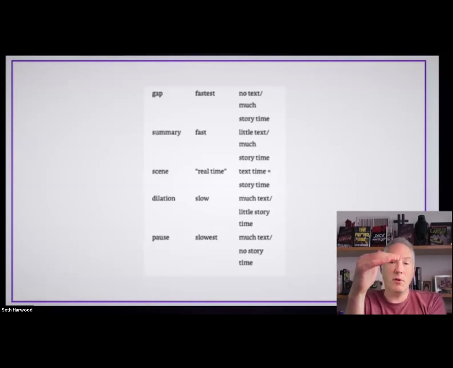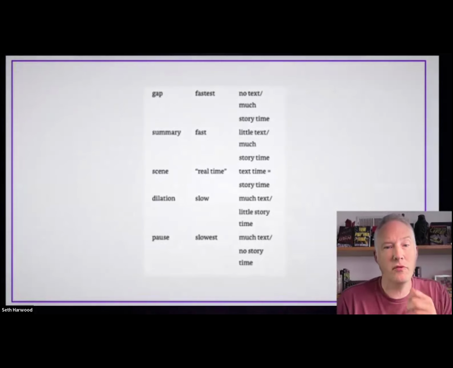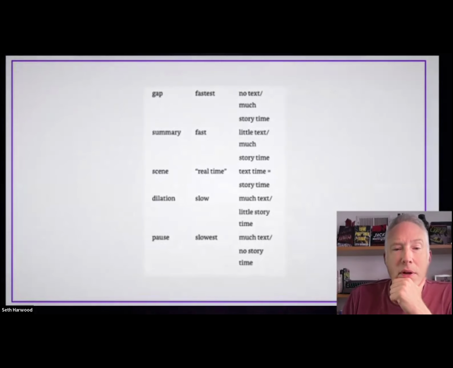And so that's an example where we have a chapter break at the end of a scene, and then the next scene or the next chapter picks up like 2 days later or something like that. And it says 2 days later. And so there's a gap, and we've just covered it with a few words. On the other end of things,